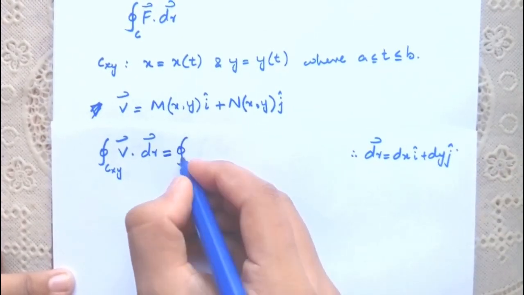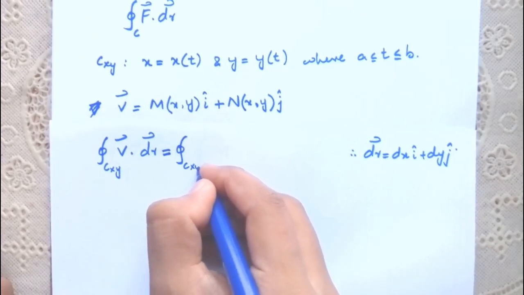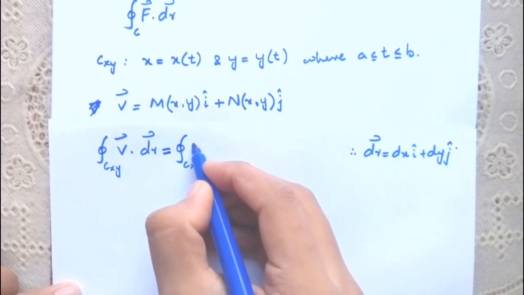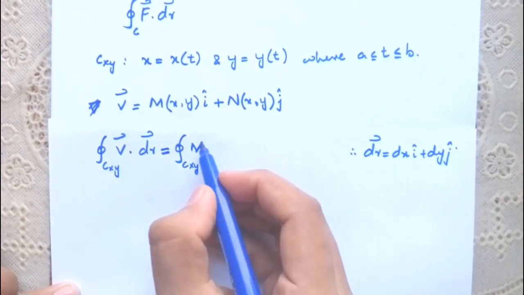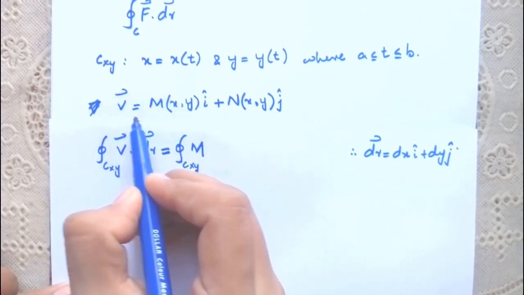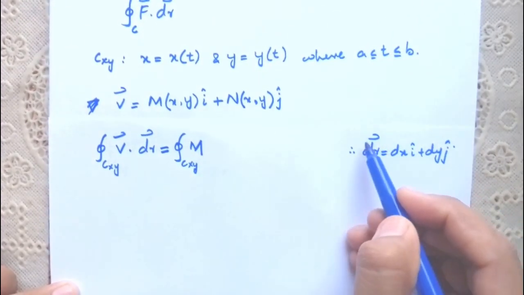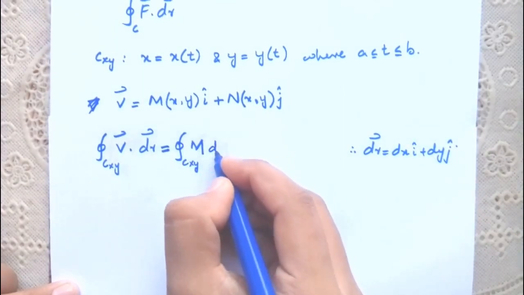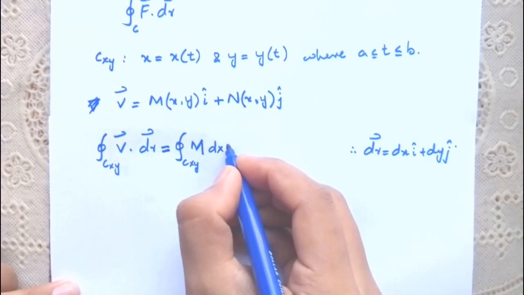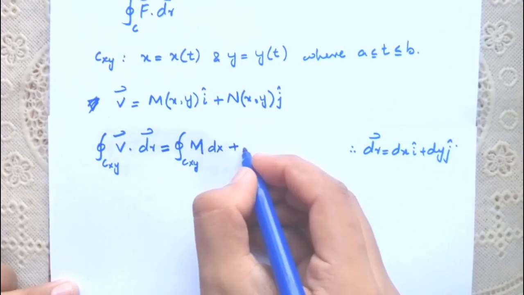So it is equal to the dot product of these two vectors, vector v and vector dr: M dx plus N dy,